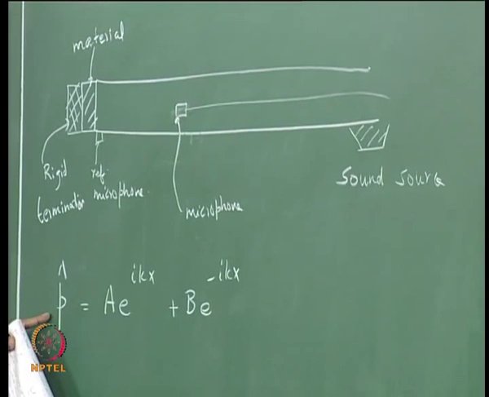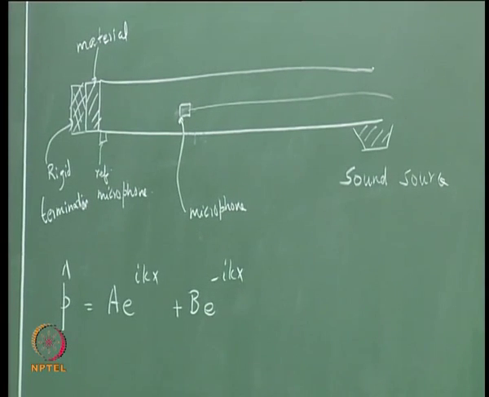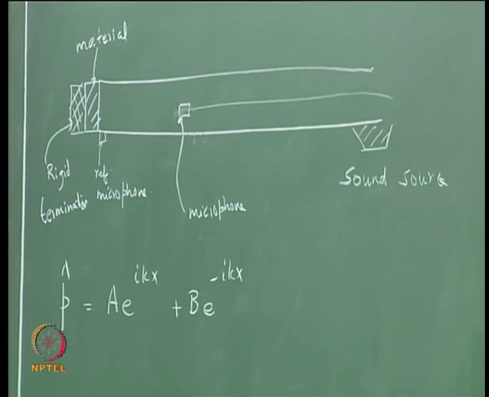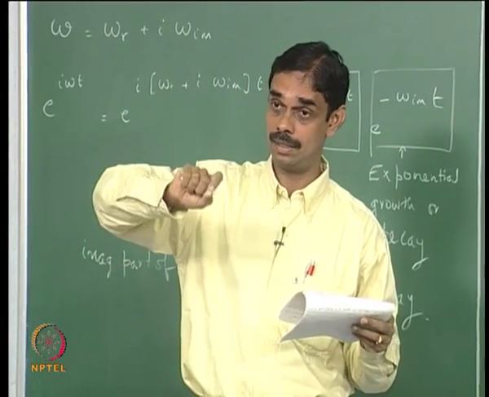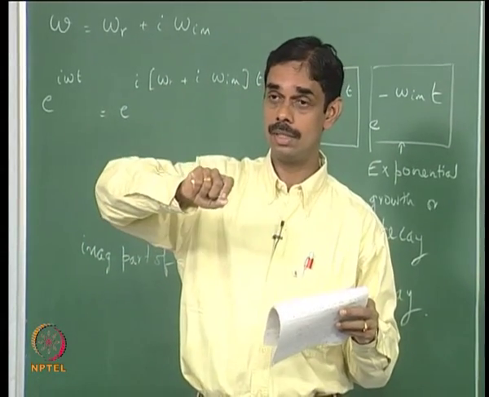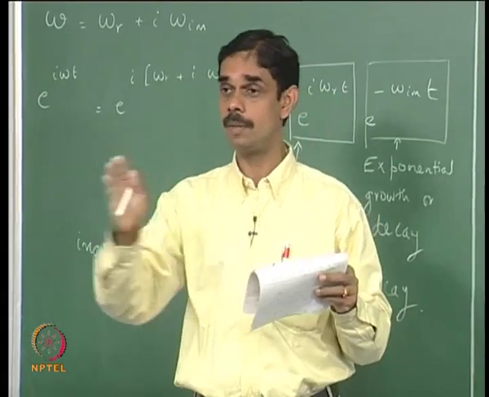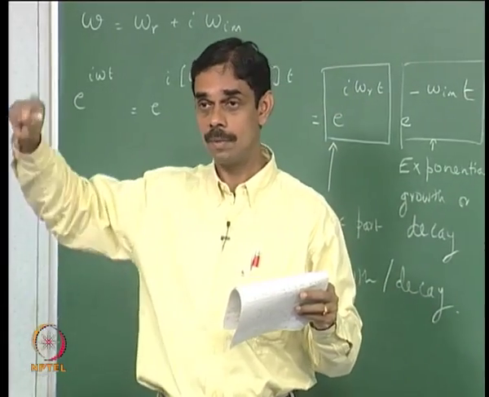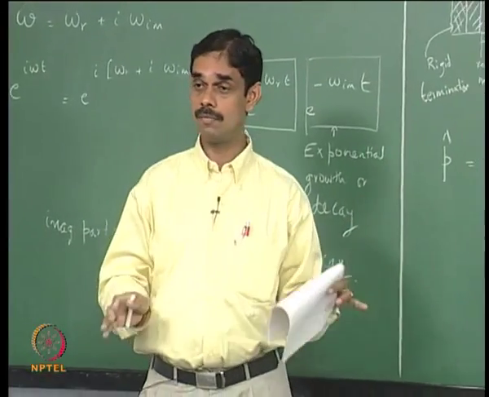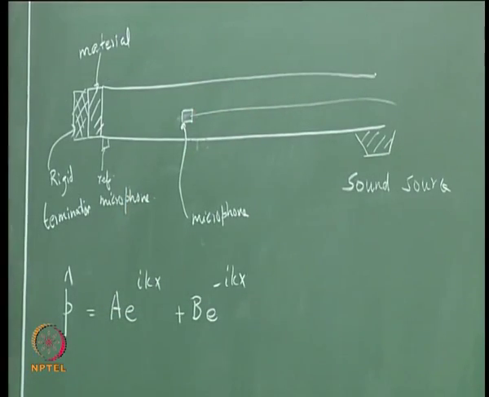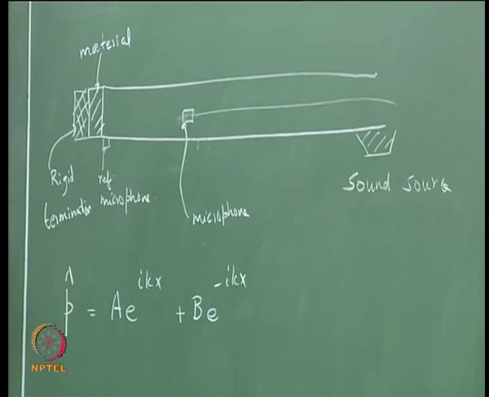Okay. So let us now do some algebraic manipulations to get an expression for the amplitude, which is the amplitude of this complex number: p hat times p hat star, its complex conjugate, and take the square root. That would be the amplitude at each location in a standing wave. A complex amplitude has both the amplitude information as well as the phase information. Phase means how the pressure goes up and down with respect to how the pressure goes up and down at another location. So we want an expression for the amplitude separately and the phase separately, and then we will see what is the nature of the function.